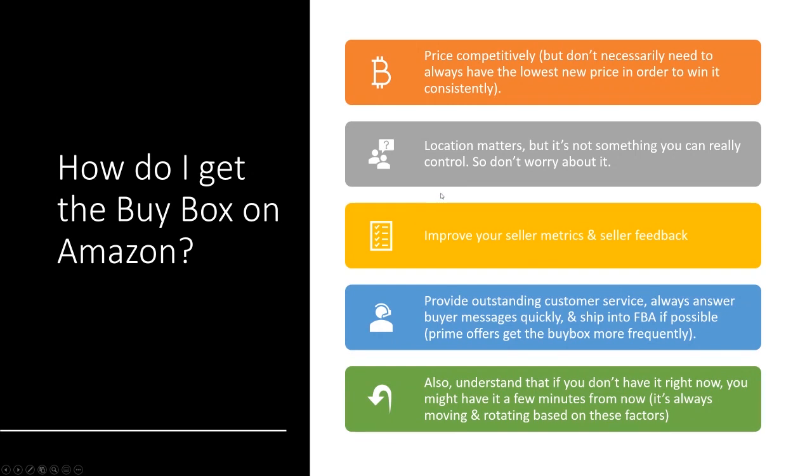And also, you want to focus on improving your seller metrics and seller feedback by simply selling a lot of stuff and getting those seller metrics up, okay? Also, you need to provide outstanding customer service and always answer buyer messages quickly and ship into FBA if possible, because prime offers tend to get the buy box more frequently than non-prime offers, okay? That's not obviously counting seller fulfilled prime, but if you're going FBA versus FBM, FBA has a huge advantage,